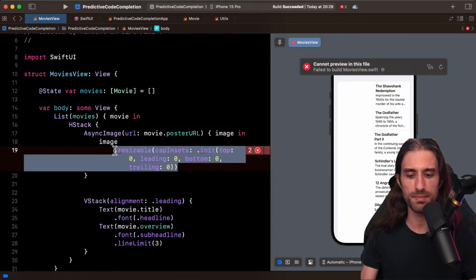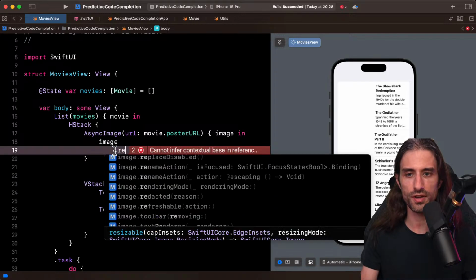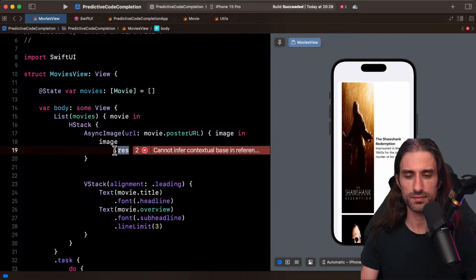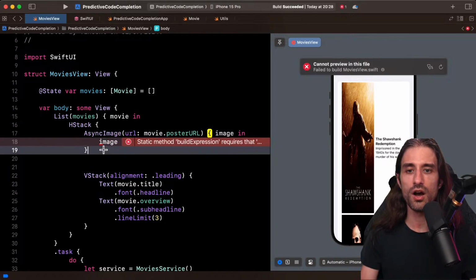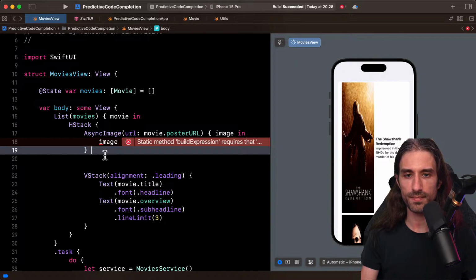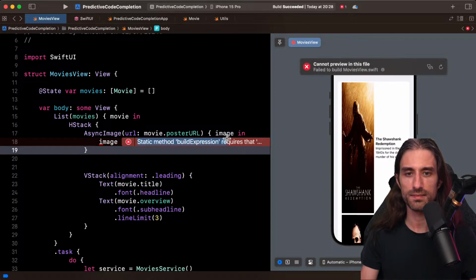So I'm going to try and help it a bit. I want to call resizable first. Okay, why does it want to do image.image? I don't get it. Oh, okay. It's because, I think here I have the version, I didn't write everything,